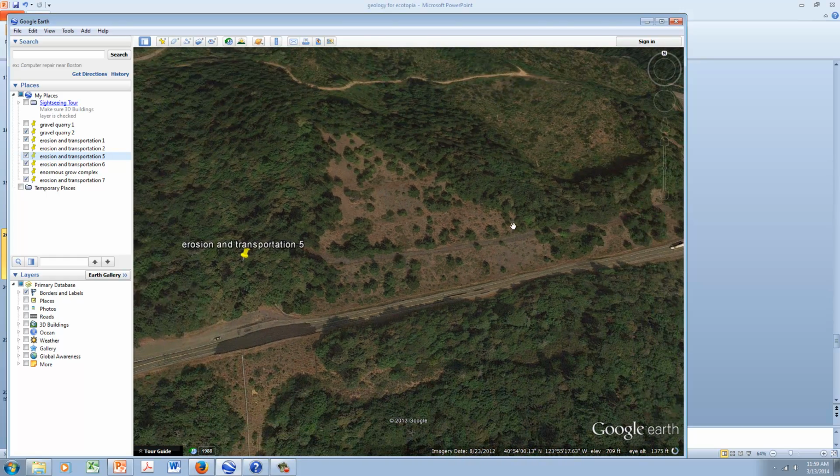What you can see here is this whole area is probably a former slide. They built the road here. It's unstable. It tends to drop rocks and mud down. They're continuously pushing it off and cleaning it and trying to stabilize it. They cut a little road in here to capture whatever falls down or prevent more slides. So that's really common in our area.